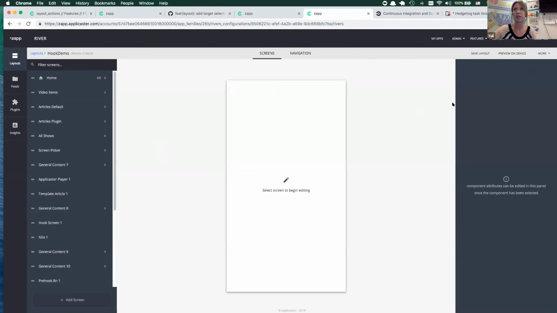If you look at the left panel, there is no navigation link. It's going to be screens, and the navigation on the gray bar. It will be in the next cycle.